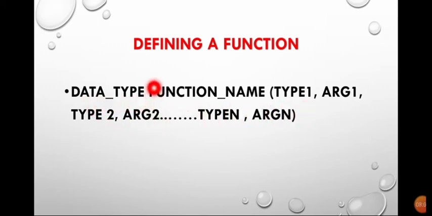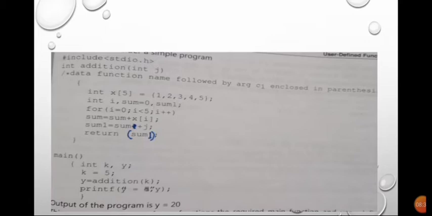Data type. So the first part of the syntax of this function is the data type. Data type means is it integer or float, like this. So here you have to write the data type. Next you have to write a function name, for example addition, multiplication, like this. In brackets, this is type 1 argument 1, type 2 argument 2, like this. However many types you have, you have to add here, up to type n argument n. Next I am going to explain with an example. Are you able to see this?